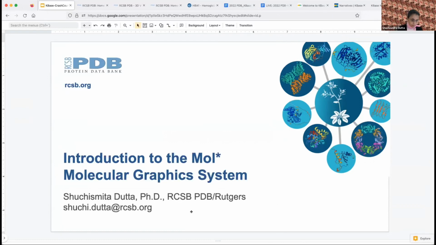So in the first part of the course, we heard about various ways to calculate models and find structures and models in the rcsb.org or from other data resources. What we're going to focus on in this session is visualizing that structure or structures that you have identified or computed. Now, this is one of the most fundamental things that you probably want to do with the structure